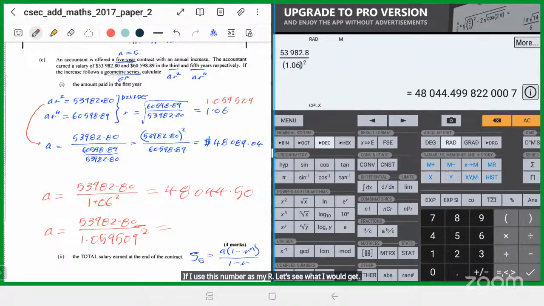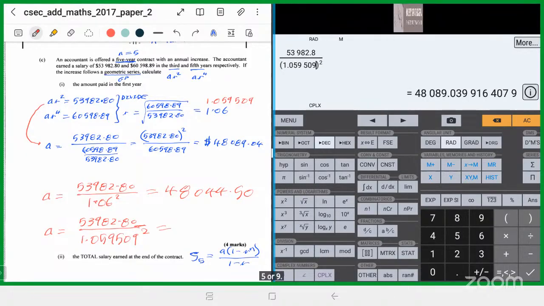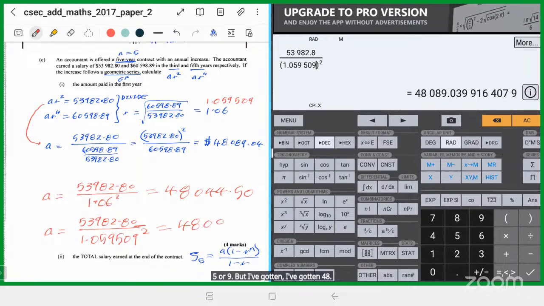Let's change this now and put this figure as my r: 1.059509. Look what I've gotten: 48,089.03904. So I've gotten an answer that matches that